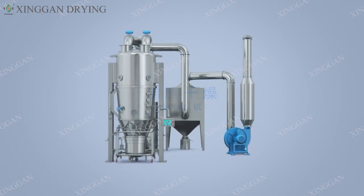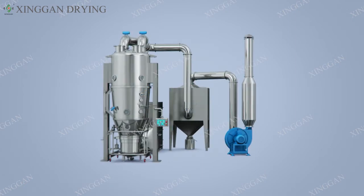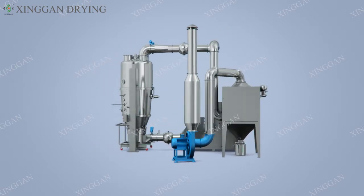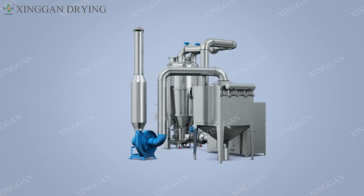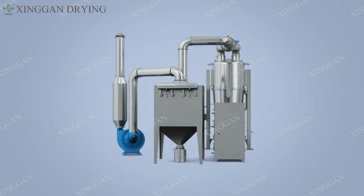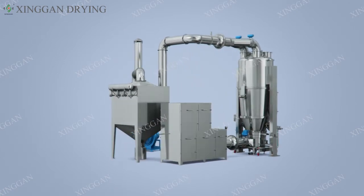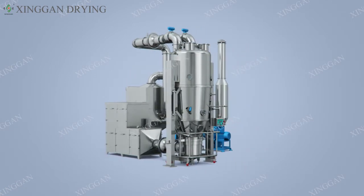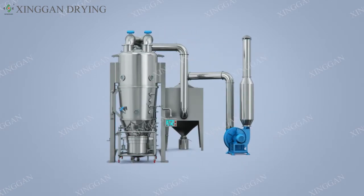Boiling and drying granulator. The series boiling drying granulator is a new type of drying and granulating process equipment that combines fluidized bed technology and spray granulation technology. It is mainly suitable for drying and granulating equipment in the Chinese and Western medicine, food, chemical industry, and other